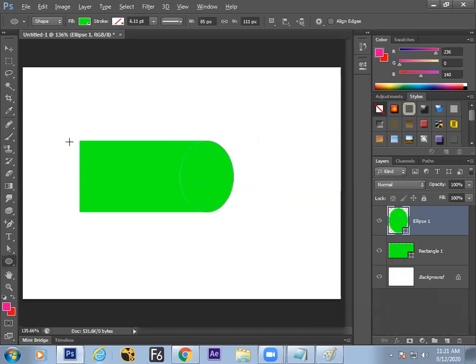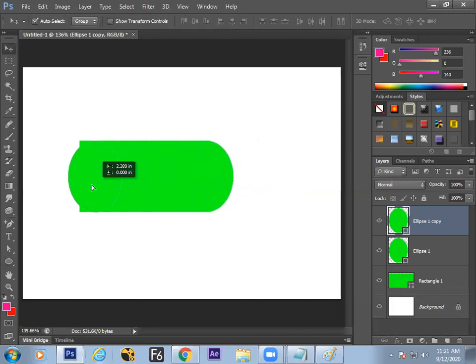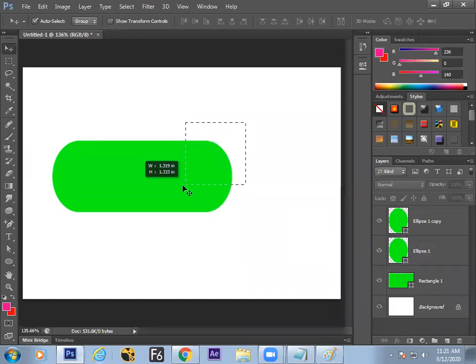So you want to create some shapes. You can copy the same layer. Control J, copy, and then move it here. Something like this. You can create shapes like this. Simple. Understood? So we will be creating this in the next class. We will use this and create some buttons, backgrounds, backdrops using custom shapes.